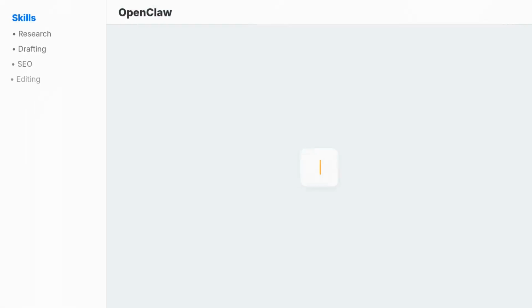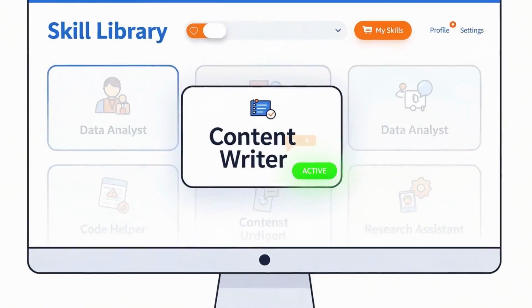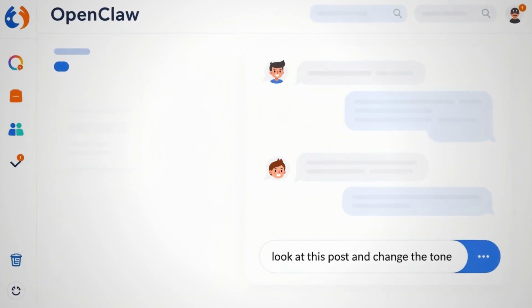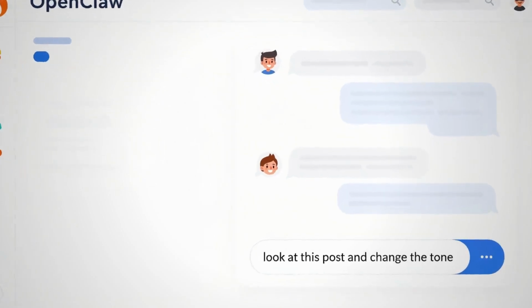I take that response and tell it, now make this into an OpenClaw skill called Content Writer. The AI turns it into a skill and saves it. Content Writer is now active. If I have blog posts that work, I can also say, look at this post and change the tone and